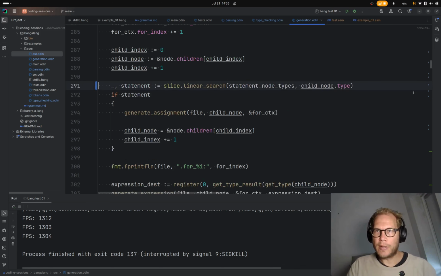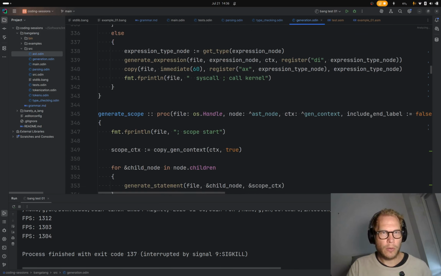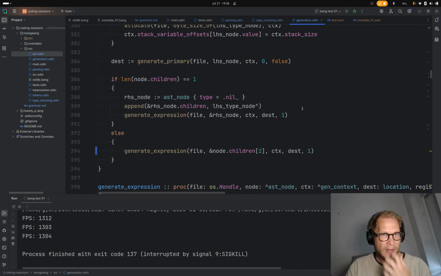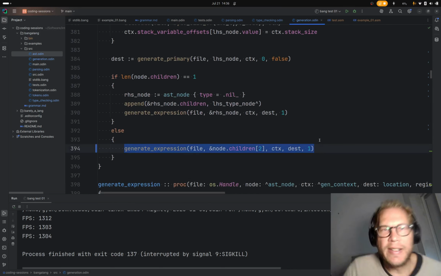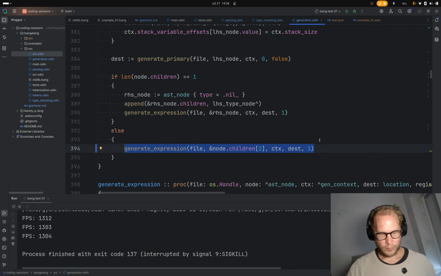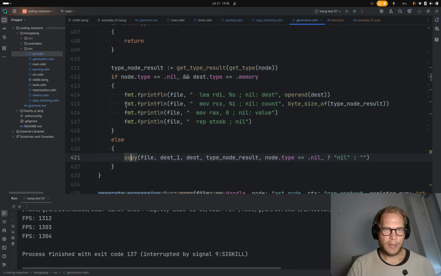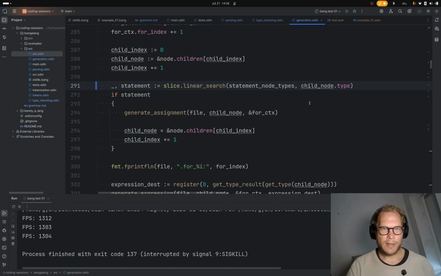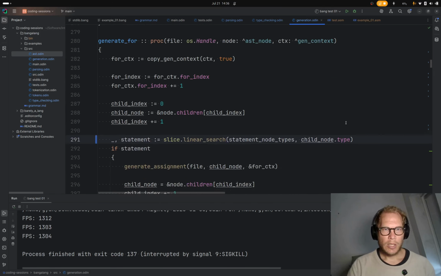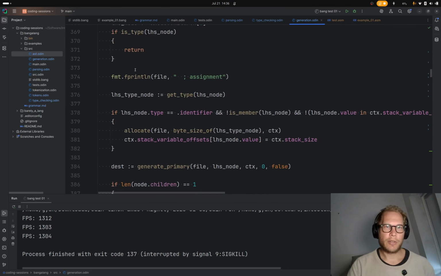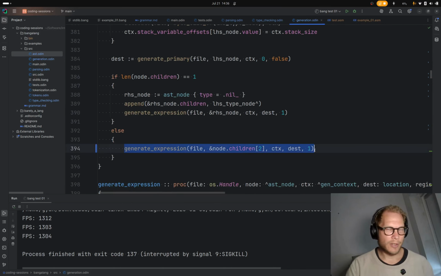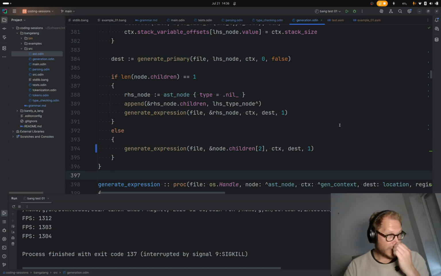I think generation is where things are going to get a bit hairy. So when we go down to assignment, now the thing is that how we did have it was that in here, at the end of the expression, it did a copy to some location, which made sense. Which made sense for assignment when the only thing assignment can do was a simple copy. But now that it can do different things, I think it's better